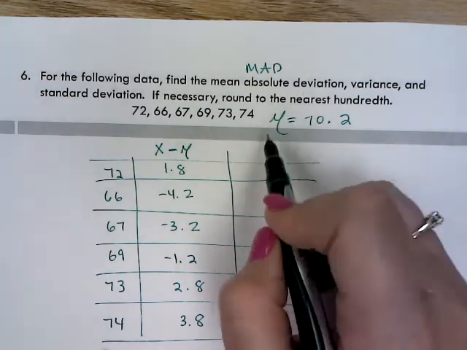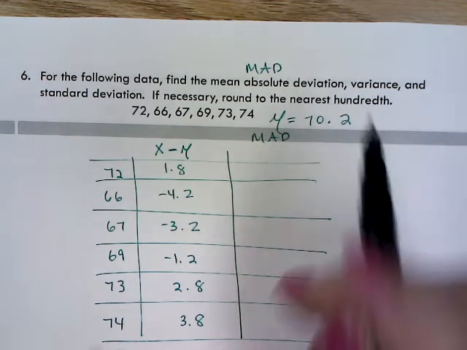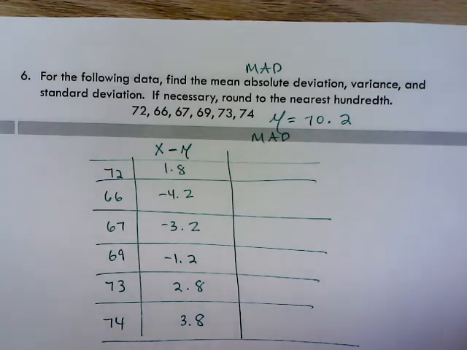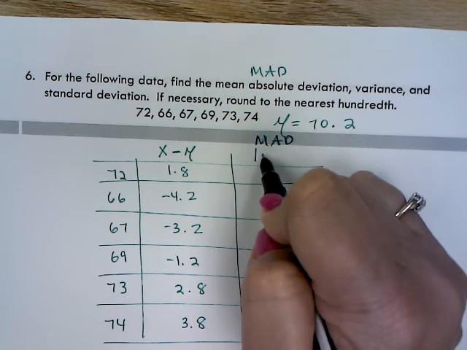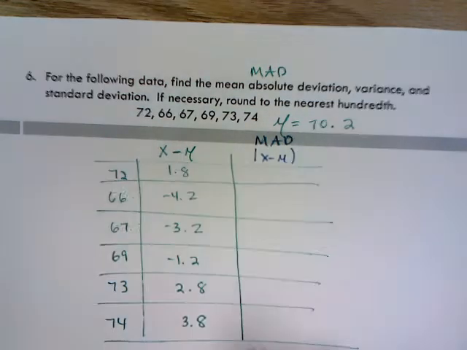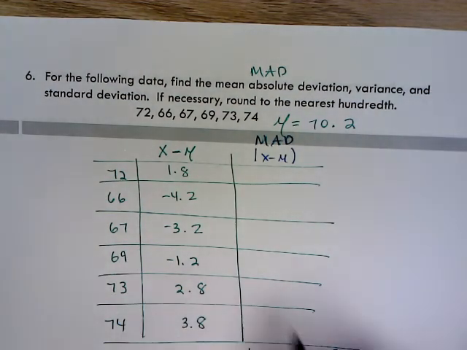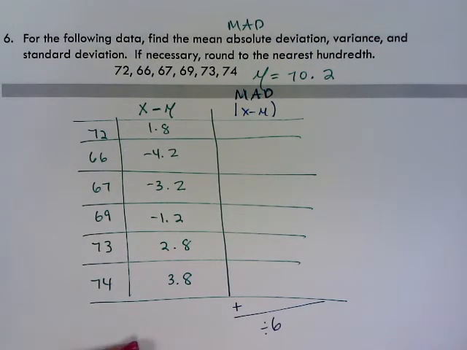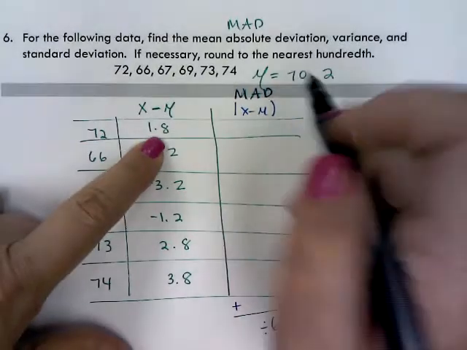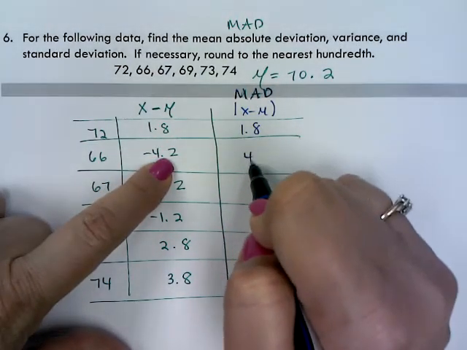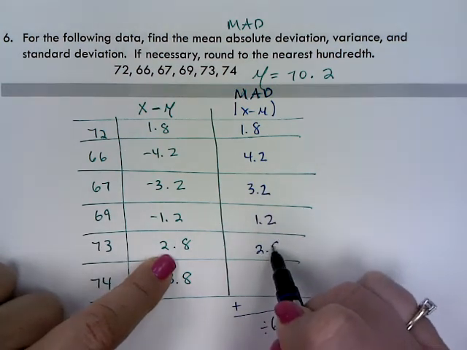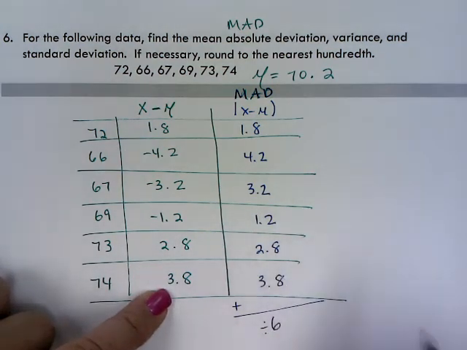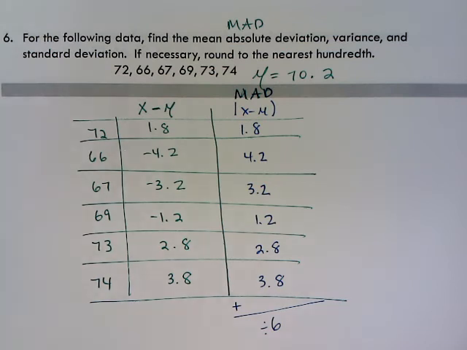All right, so for MAD, this is my MAD column. Under my MAD column, I have to find the absolute value of this, then add them all up and divide by 6. That's what I've got to do. Okay? So, absolute value, distance from 0. It makes them all positive. So now when I add them all up,